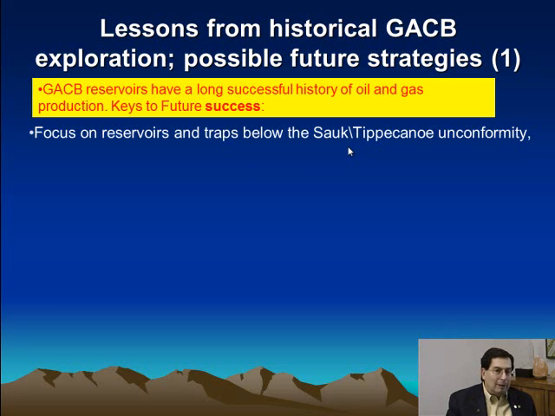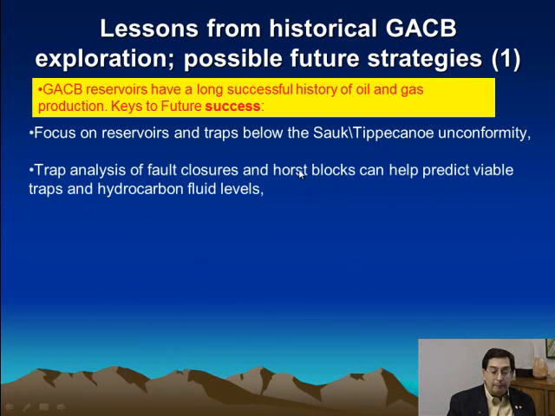I think there are some examples where pays can occur away from this unconformity, and it's important to recognize when we're in those settings, like in the interdetrital zone of Michigan and some of the up-dip sand and dolomite reservoirs, and also in some of the down-dip reservoirs where there's a lot more limestone, and the dolomite, which is the main pay, can be removed or further down from the top of the unconformity. Those are the exceptions. The majority rule in the Midcontinent, where it's dolomite, is that the pays will be associated with the unconformity.